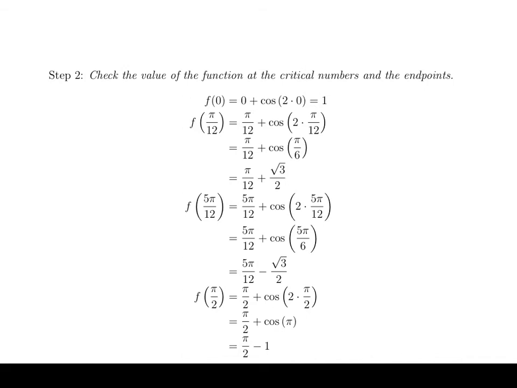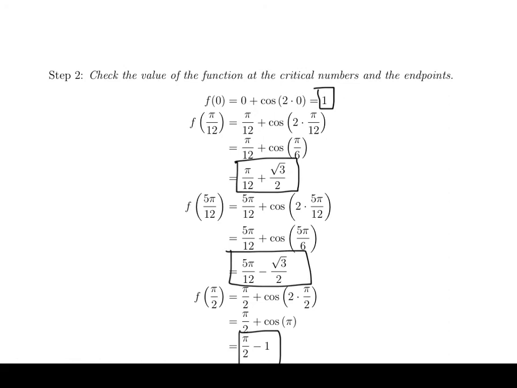All right, so let's take stock of what we have here. We've calculated 4 output values. And we need to compare these now. We need to know which is largest and which is smallest. Now, with a lot of work, we could figure out which one is largest and which one is smallest without using a calculator. But at this point, probably the most efficient thing to do